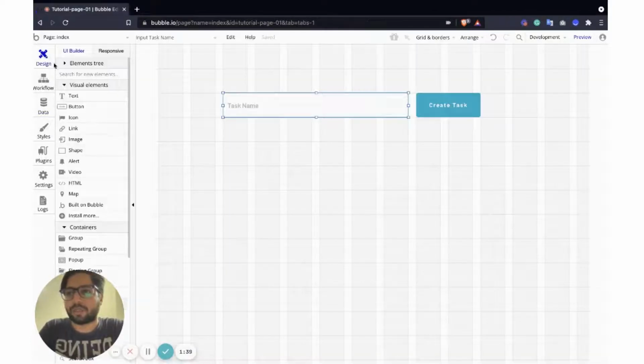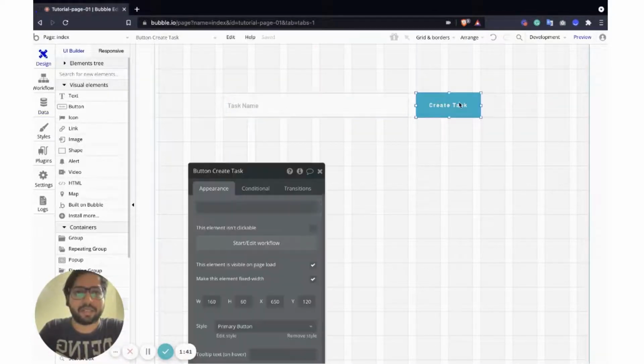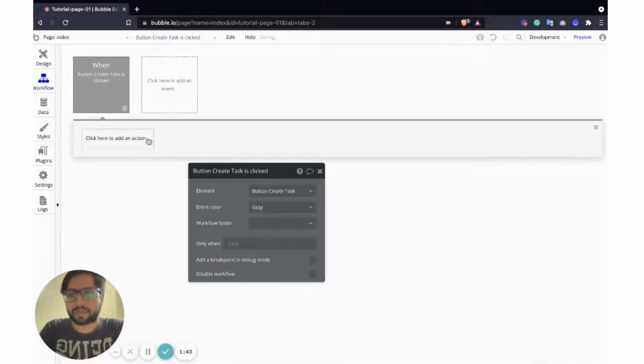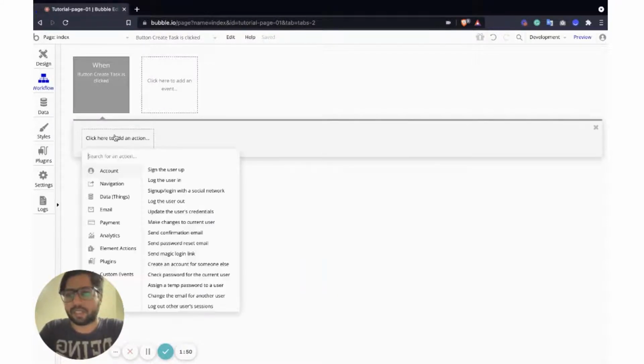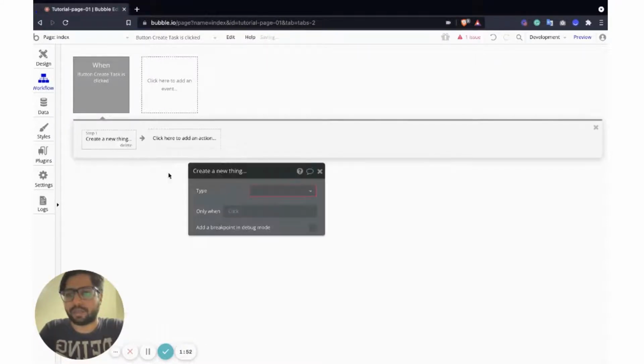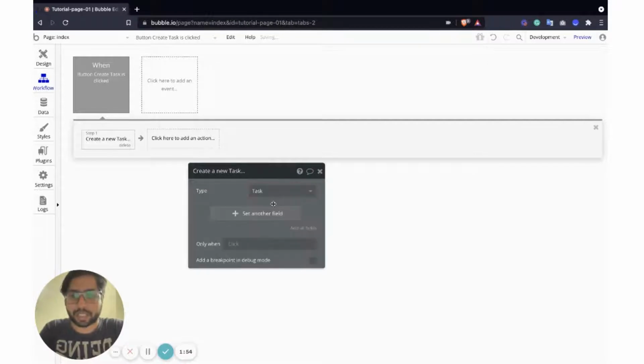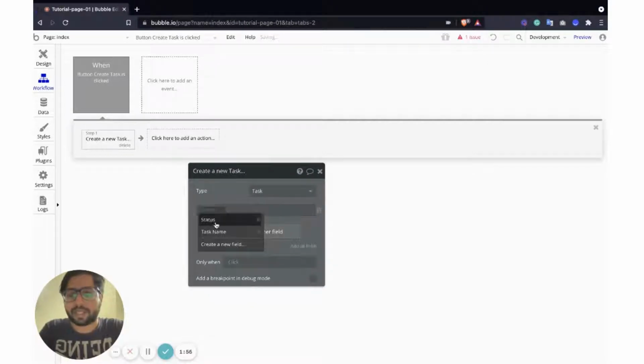So we're going to go back to design, and we're going to create a workflow that will happen when this button is clicked, the button to create a task. We are going to create a new thing in the task, and we'll set the value of task name.